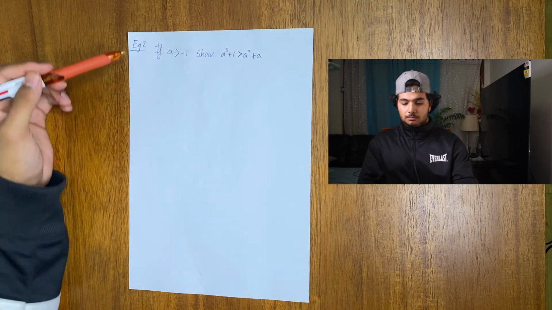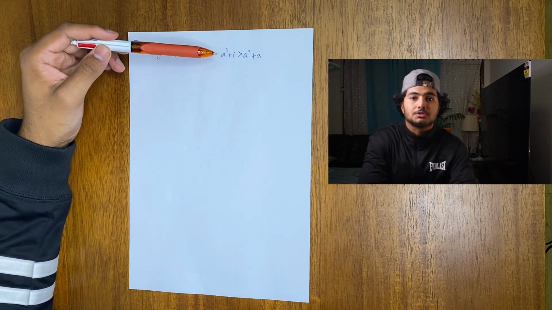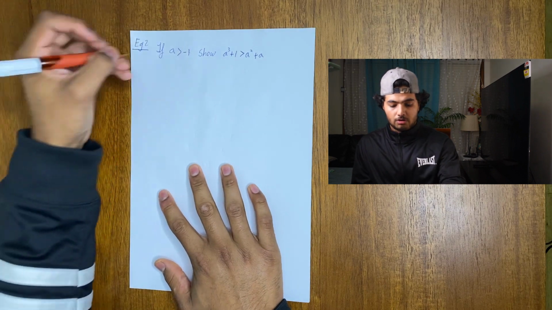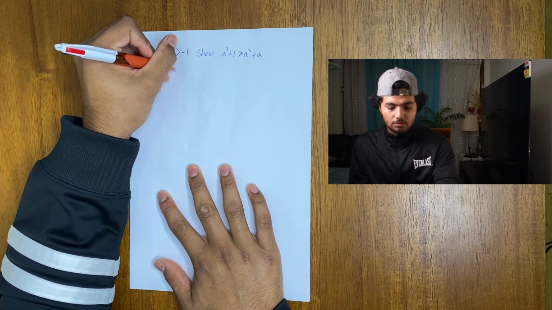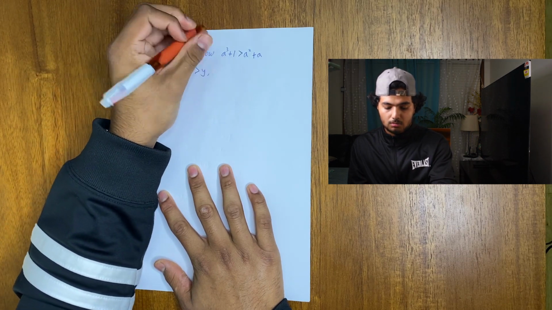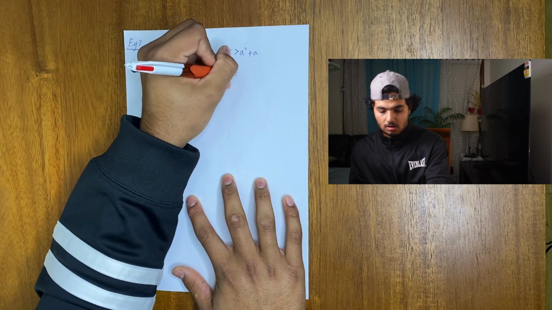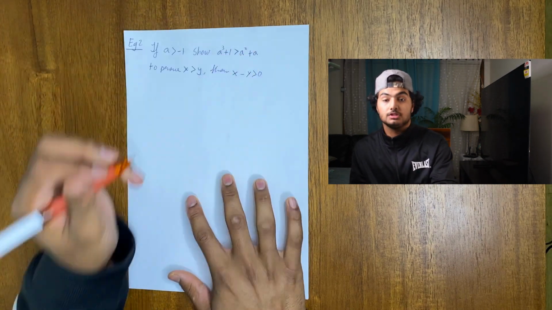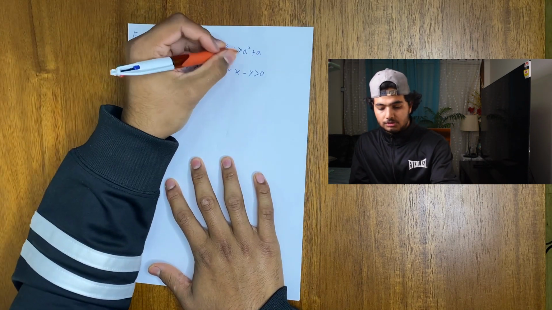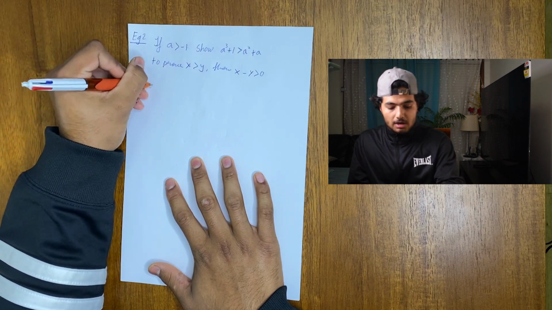Looking at this next example, it says if a is greater than -1, show a cubed plus 1 is greater than a squared plus a. So to start, before we start anything, write down what we're trying to prove. So to prove x is greater than y, we need to show x minus y is greater than 0. So x minus y is greater than 0. Next thing I'll do is I'll bring all, so I'd rewrite this as a cubed minus a squared